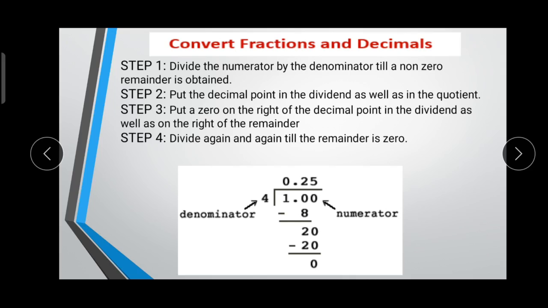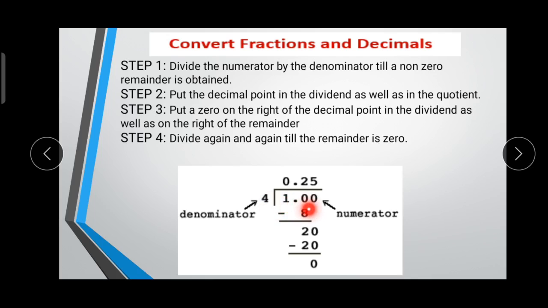Yes, the number is 1 by 4. The number is 1 by 4. Okay, so in this 1 by 4, in the 4 table, it is not possible to divide 1, isn't it, children? Yes. So in this case, what can we do, children? We can keep 1 decimal dot here. So if you keep 1 decimal dot, in the numerator also you have to write 0 and then 1 decimal dot. This is the normal division, children. Okay, so once you put the decimal dot, this can be considered as 10.